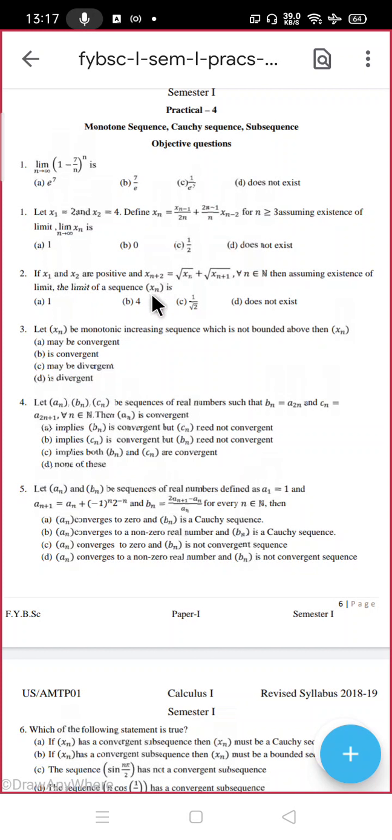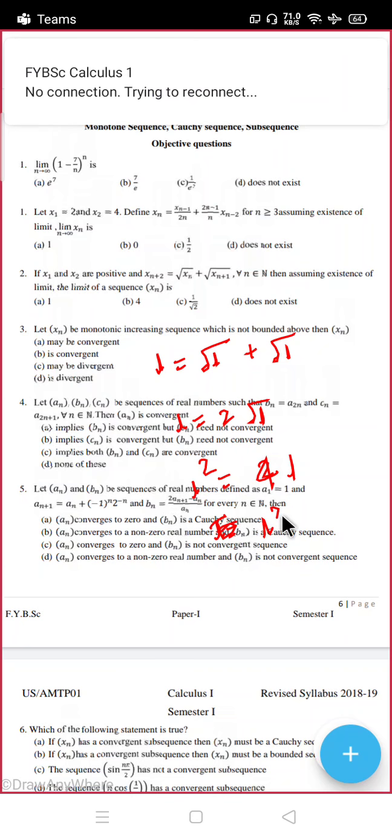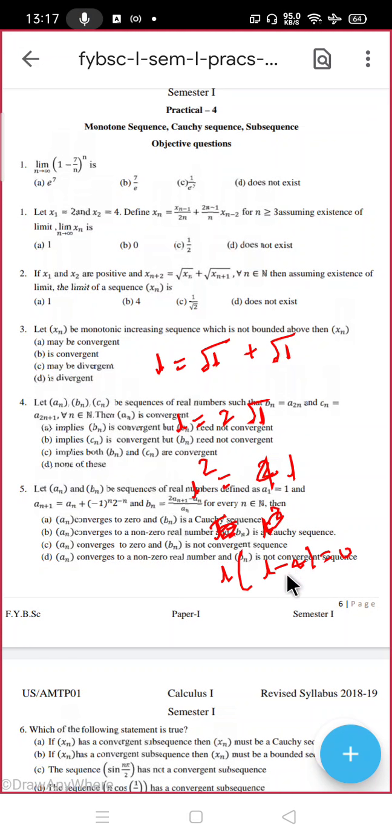Existence of limit, मतलब same वही l लेके करना है. This will be l is equal to root l plus root l, correct? So this is l equal to 2 root l. So what you should do, square किया तो l square equal to 4l आएगा ना, correct? So l का value क्या आएगा, l square, take l common, we'll be having l minus 4 equal to 0. So l equal to 0 or l equal to 4, which one is correct, 0 or 4?